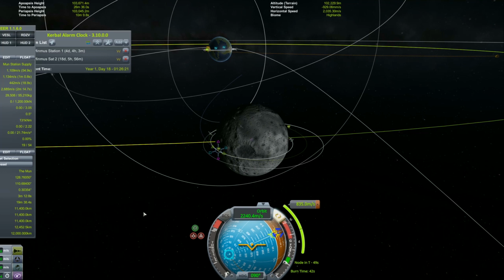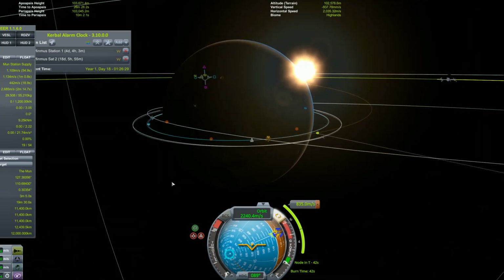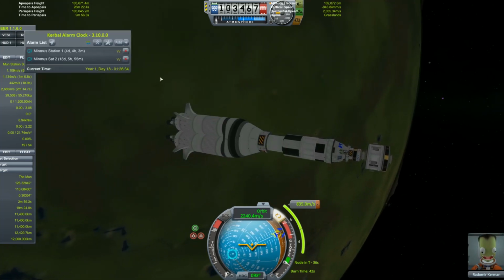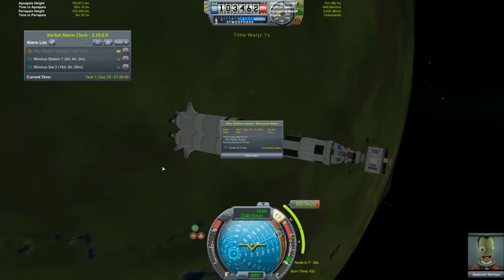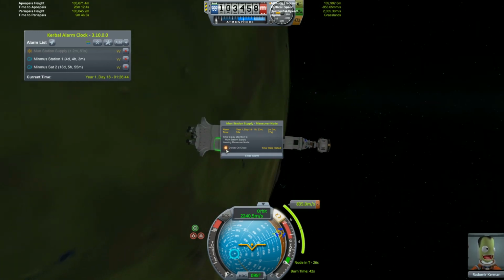All right, so let's get over to... let's go back to our vessel, hit the tilde key, and we're going to hit N, and let's set the Kerbal alarm. Oop, we already had it open, probably should have closed it. Let's also close the engineer for now. Add an alarm. Oh, we're already past our...